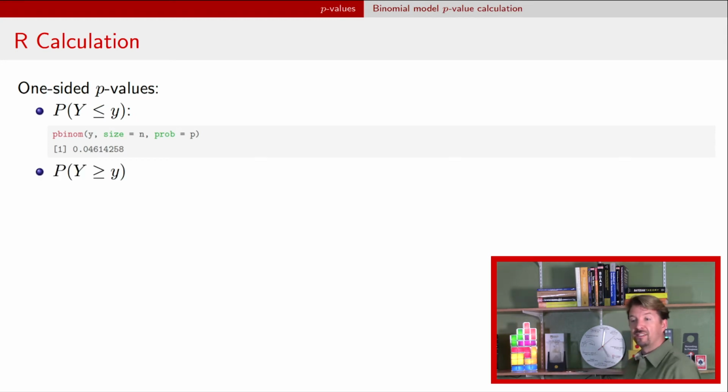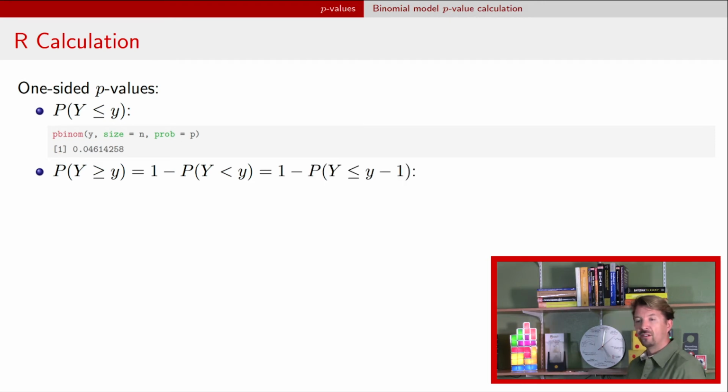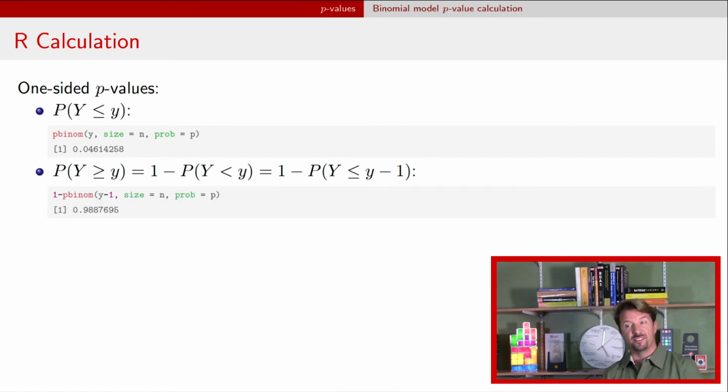Now we can go the other direction and say, what's the probability that the random statistic is greater than or equal to the statistic we observed? We have to do a little bit of probability calculation here, so that probability is equal to 1 minus the probability that capital Y is less than little y. But now that's not quite the CDF calculation, because binomials are discrete random variables. And so we have to do a little bit of shifting of that CDF, where we take the y and subtract 1 to say, all right, the probability that capital Y is less than or equal to the observed value minus 1. If we do that calculation in R, we find that the probability here is about 0.99.